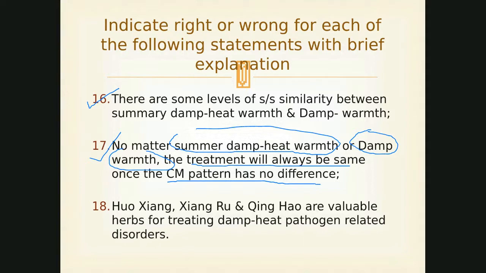They are, because they are very gentle and light. They are aromatic but not too strong diaphoretic, so they can help vent the damp out and at the same time clear the heat without damaging the body's yin. If you use Ma Huang in this instance, it will dehydrate, very easily causing dehydration and making things more severe, and the heat will be elevated as a negative result. But Huo Xiang, Xiang Ru, and Qing Hao are very gentle and very suitable.